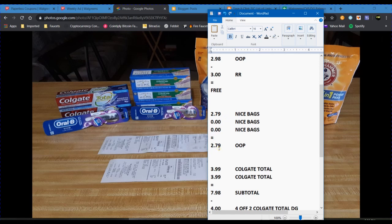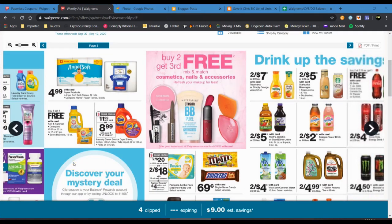That's something if you wanted to use maybe that $3 register reward from the Crest or Oral-B deal, you could possibly use that on this deal. Add just a little bit more in there to bring your total over $3. And there you go. Okay, and the last quick little deal that I'm going to tell you about is going to be on the Arm & Hammer detergent products,